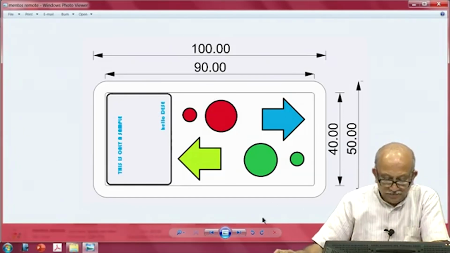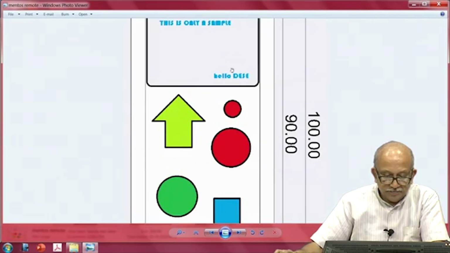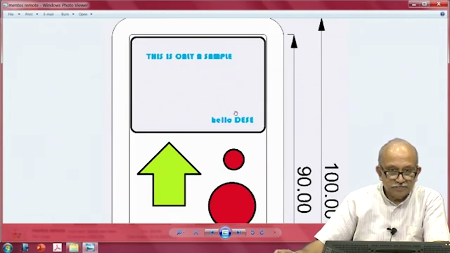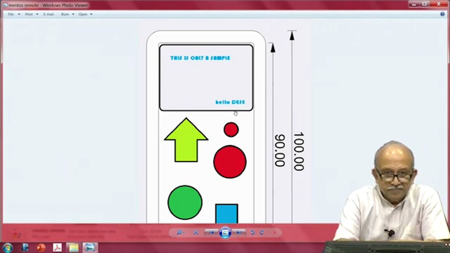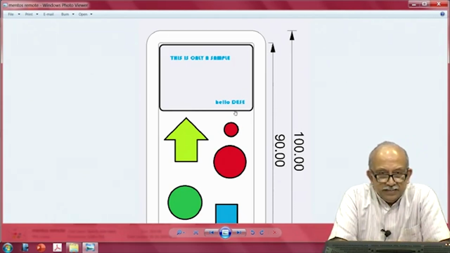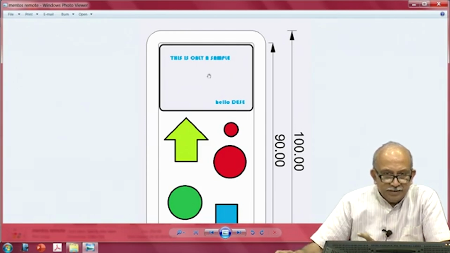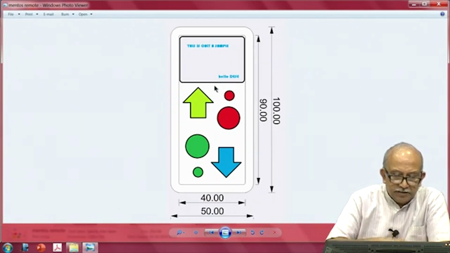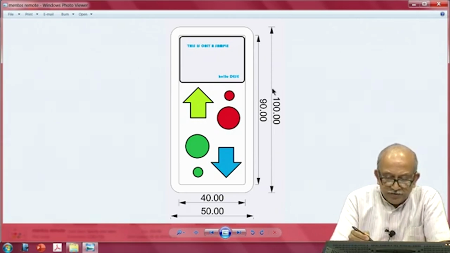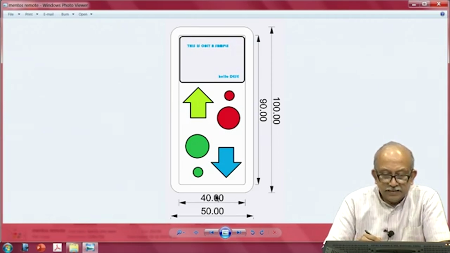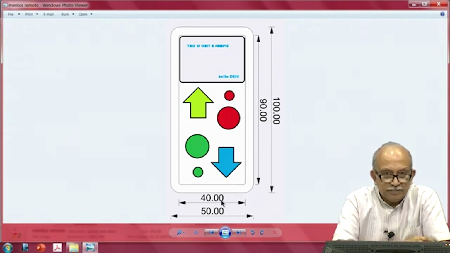I am feeling thrilled because I am able to do something, and I am sure all of you can do this. This again, kindly remember, I am trying to fit things into the thing which is available, and this seems to fit very nicely after leaving 5 millimeters all around. I have a usable area of 90 by 40 millimeters, and